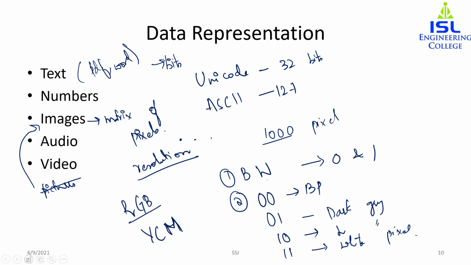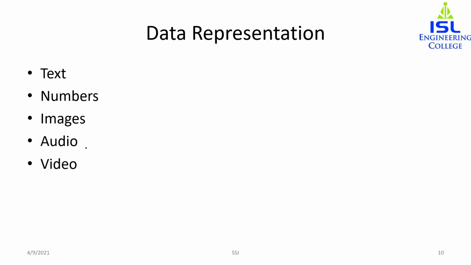And next we have audio. Audio refers to the recording or broadcasting of sound or music. Audio by nature is different from text, numbers, or images. Text, numbers, and images were of discrete quality. That is, text can be either 0 or 1, numbers the same way, and in images each pixel is given a value. But in the case of audio, it cannot be either 0 or 1. It is in a continuous form, like a wave. Even when we use a microphone to change voice or music to an electric signal, we create a continuous signal.